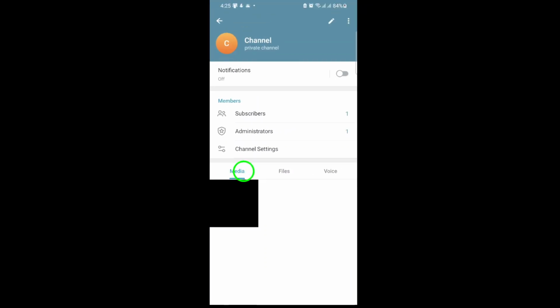Inside the Media section, you'll find all the photos and videos that have been shared in the channel, neatly organized in a grid or list. You can scroll through to browse everything at a glance. If you're looking for something specific, just keep scrolling until you spot the image or video you want. Tap on any media item to view it in full screen, and from there, you can download or forward it